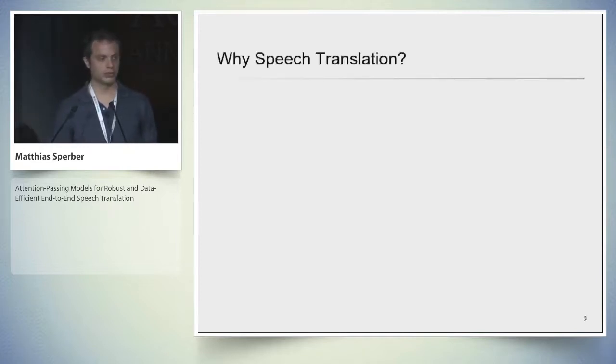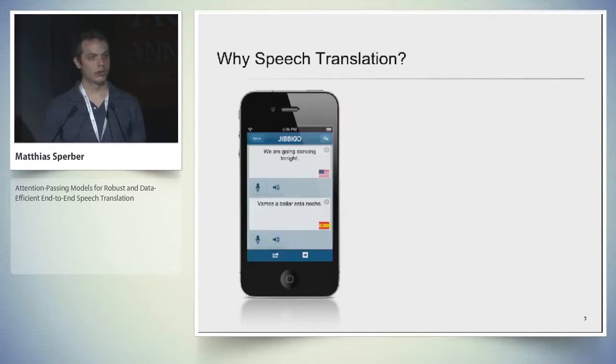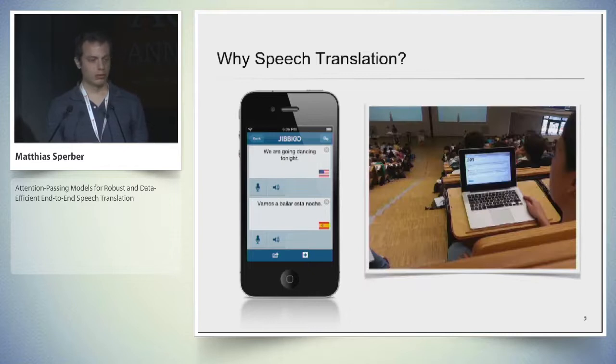Speech translation is useful in a lot of different ways. To name just a couple, we could use it to realize a two-way dialogue situation between two people of different language backgrounds. We could also use speech translation to attend a talk or a lecture given by a person who's speaking in a foreign language, and the speech translation can help us to translate that into our own language.